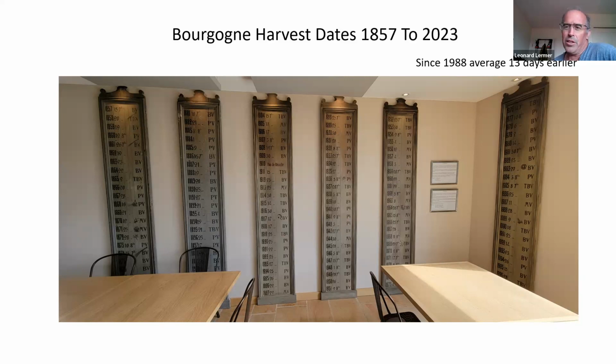One of the interesting things working with the grape industry on this issue of global warming is there are records going back for hundreds of years on these kinds of topics. Typically in Burgundy, they say their harvest date now is 13 days on average earlier than it was in 1989. So pretty significant changes. And they actually have test plots higher up, in an area that really is known for two types of grapes only, two varieties, and now they are looking at other varieties for the future